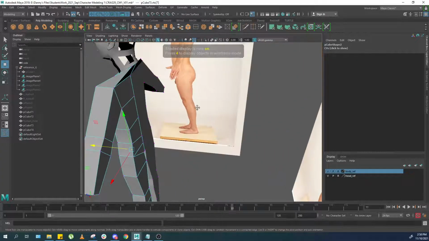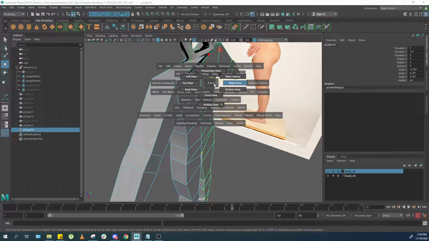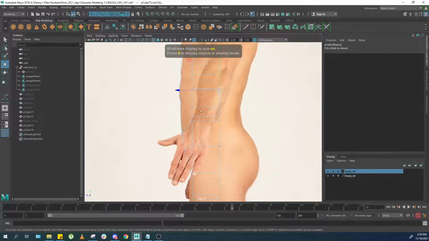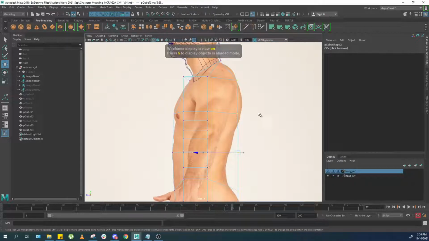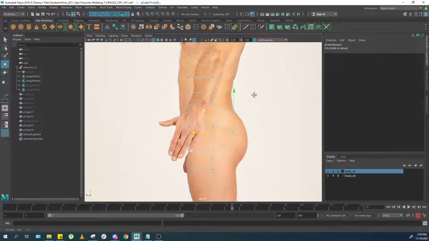Okay, and then the back. Also, we adjust the center line first. Oops. To get the body shape first. Okay, for the butt